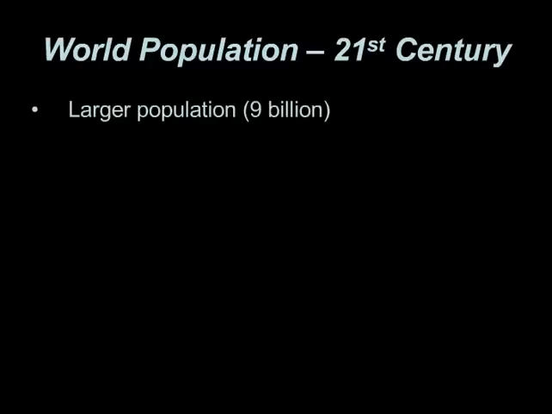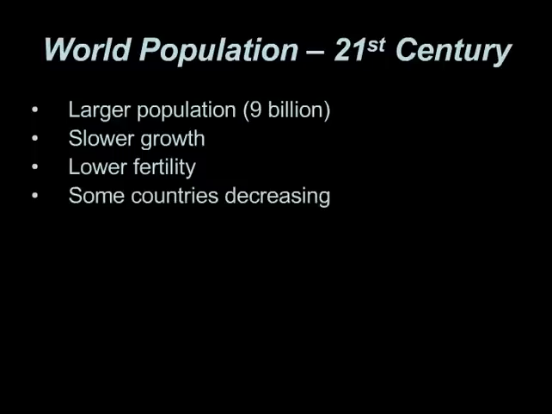And so we're going to see a larger population. We'll probably crack the 9 billion plateau somewhere very much towards the end of this century. But like I said, the growth will slow down. I mean, we are growing. We will get up to 9 billion. However, globally, the rate is slowing down rather considerably. And this is largely due to a few factors, but lower fertility being overwhelmingly. And we can expect more of that.